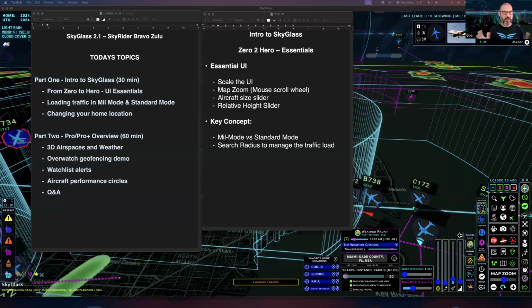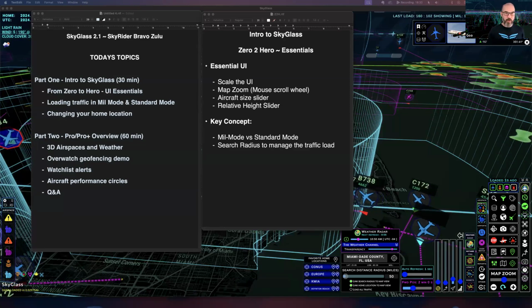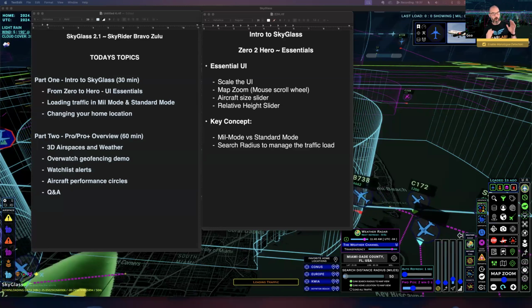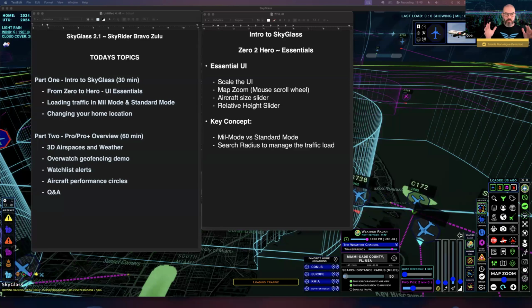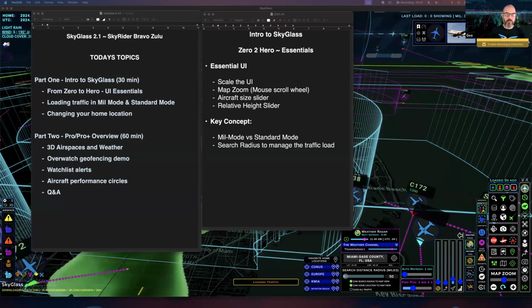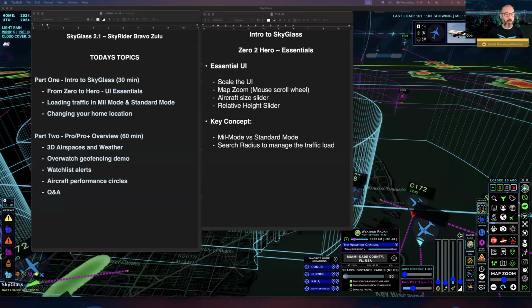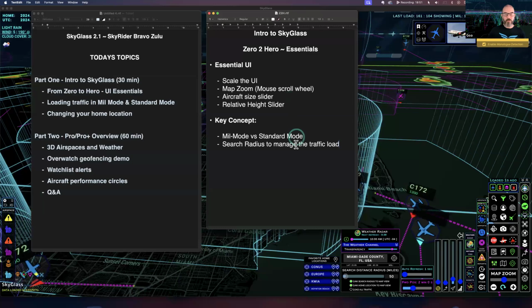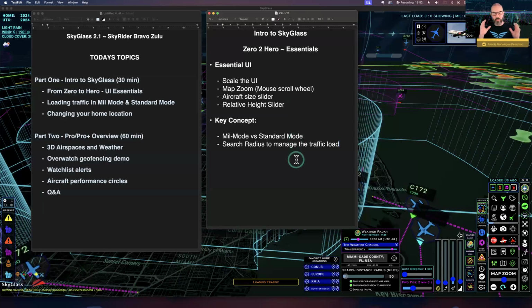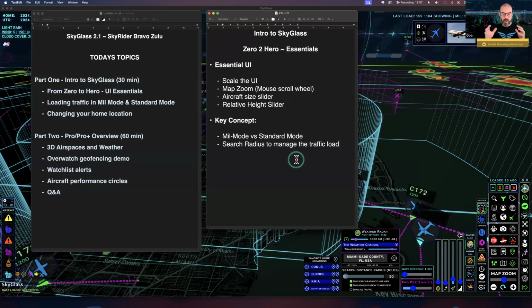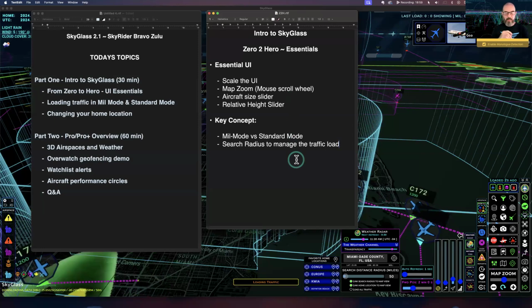All right, so today's agenda, we're going to cover kind of split topics. Part one, a brief intro to SkyGlass. I'm going to cover the same basic intro-level stuff I did last week. This top portion, sort of zero to hero, is this side here. Just the essential UI, just the parts that I've learned have been the hardest concepts, or really what's